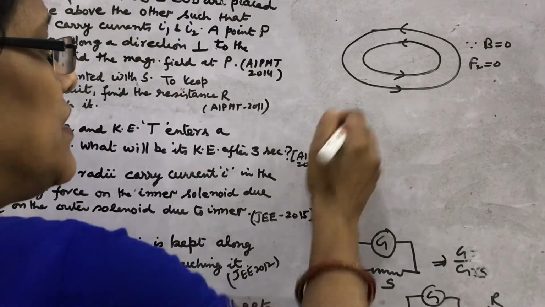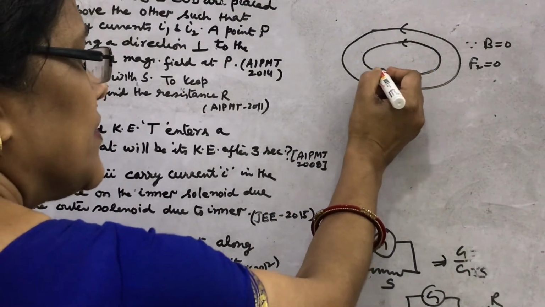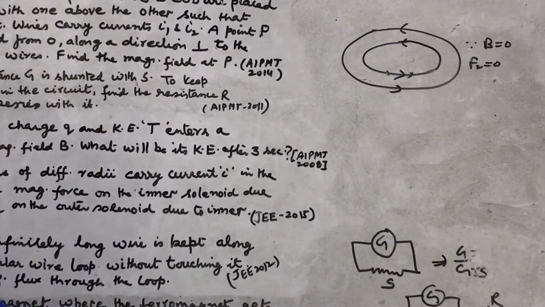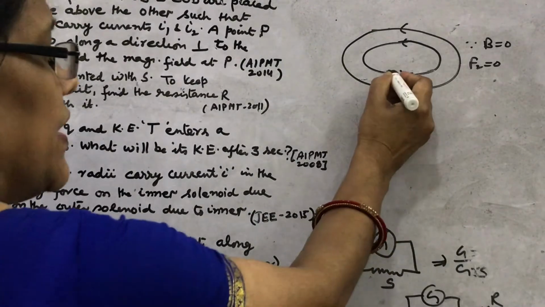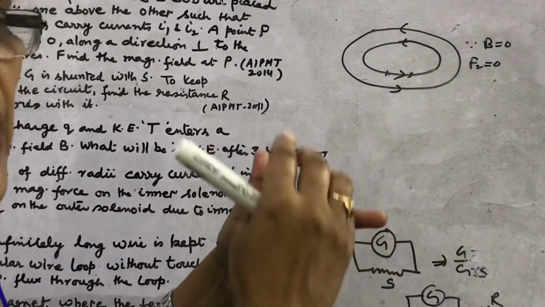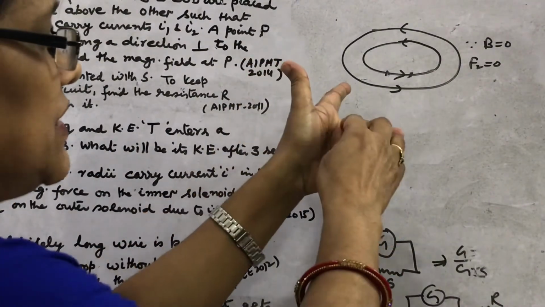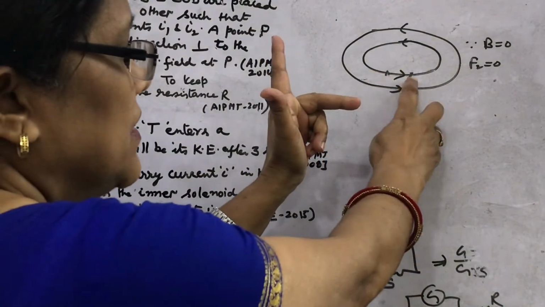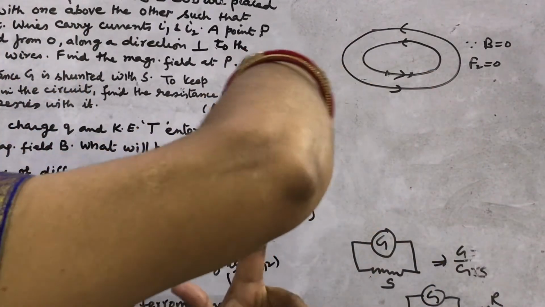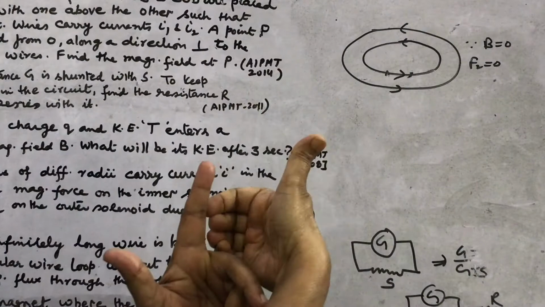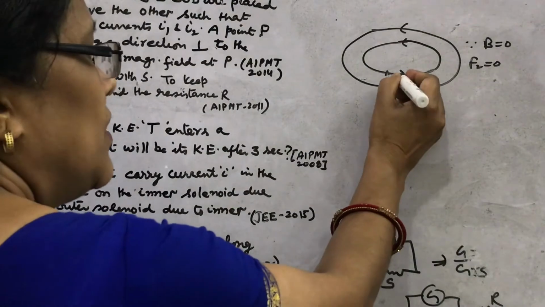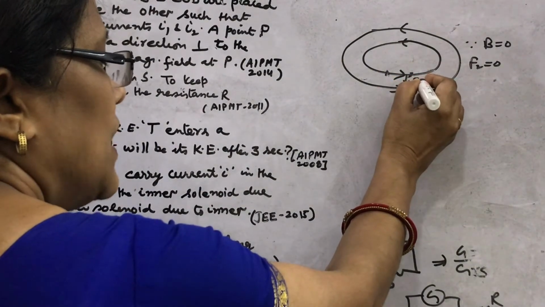What about this solenoid? Suppose we consider any portion of it. Suppose I take this one element. If you consider this current element, what will you find? Look here: the magnetic field, force and current. This is the direction of current in this element. As the current is like this in the inner solenoid, the magnetic field will be upward, by the right hand thumb rule. And what will be the force? In this direction. So here this will be the force F1.